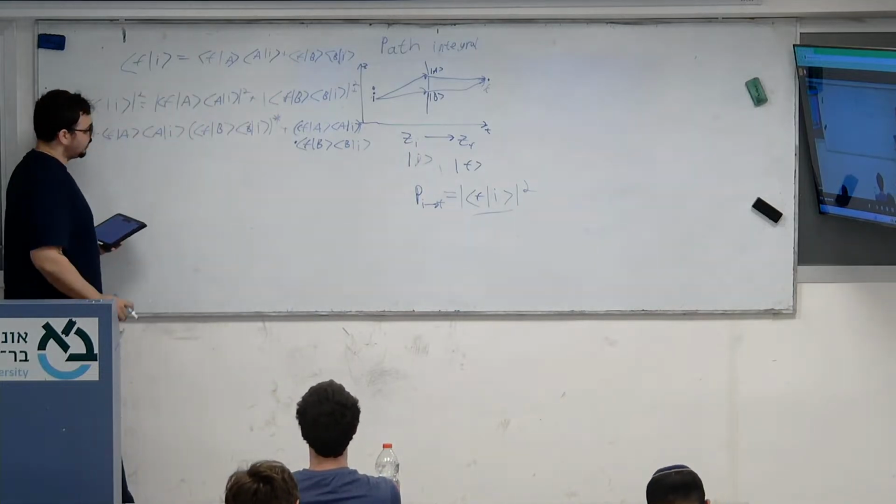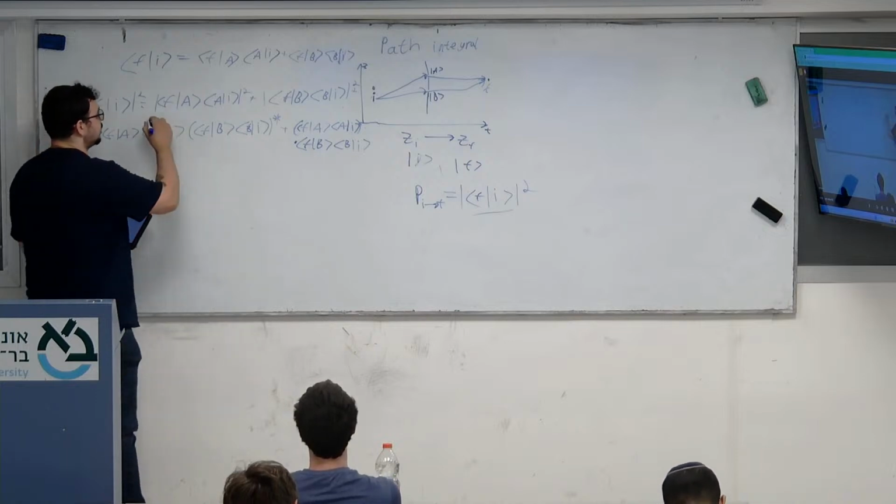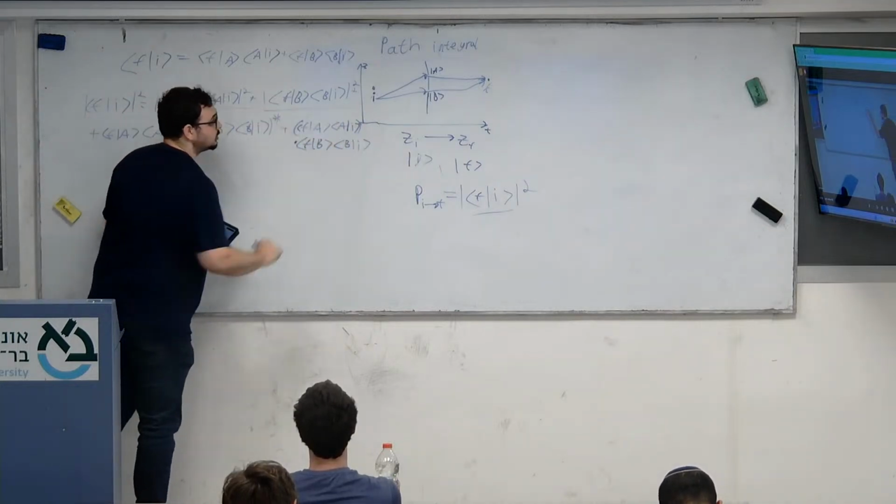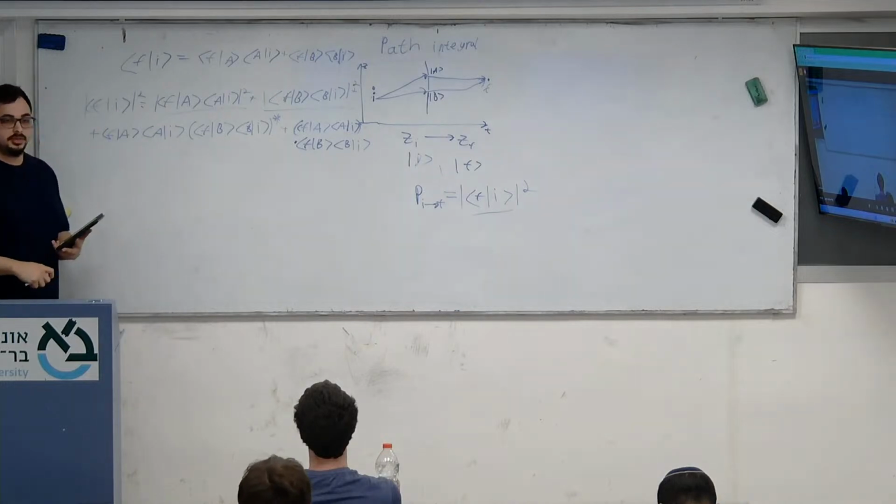Okay. Well, the first two terms are just the probability of each path on its own, and then we have